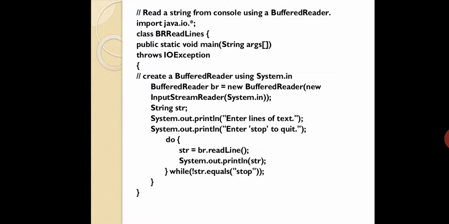I have the same question again here. If the line is like "please stop the queue", if the user wants to print like that, what does he have to do? Because if he writes stop after please, your program gets terminated, isn't it? If the line should be like "hi, please stop the car", and you want to print this on the monitor, this program will never work for that, because whenever you give stop over there, it will terminate.